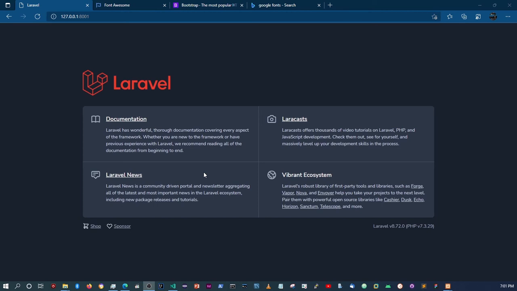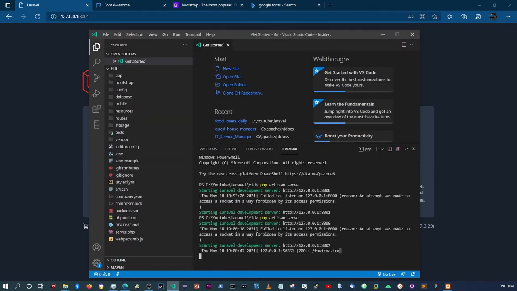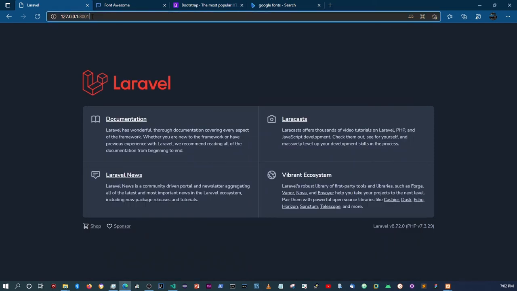All right, guys. So Laravel is up and running. Just so you know, VS Code crashed on me, and so the port number is now different for my machine. So it's going to be 8001. For some reason 8000 is now blocked, but in any case, when you see me type in 8001, that's because the port changed on my machine. Yours might have not, but in any case, Laravel is up and running, so that means now we can continue